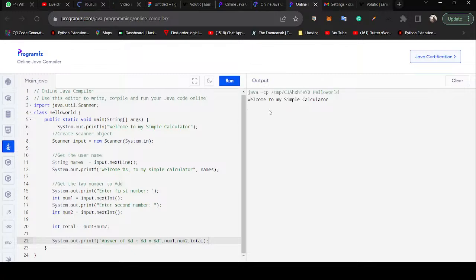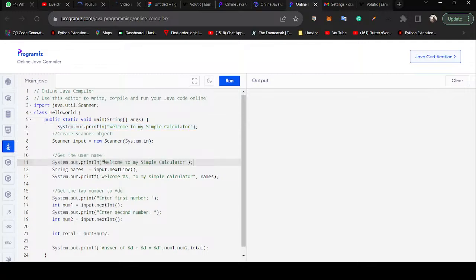So welcome to my simple calculator, right? Scanner input equals new Scanner, string name. So there is a mistake here. I say String names = input.nextLine(). So the computer will be expecting me to supply something here, but I didn't tell my user to supply their name. So what do I do? I can clear and come here and say, let me copy this, get username, and say enter your name,